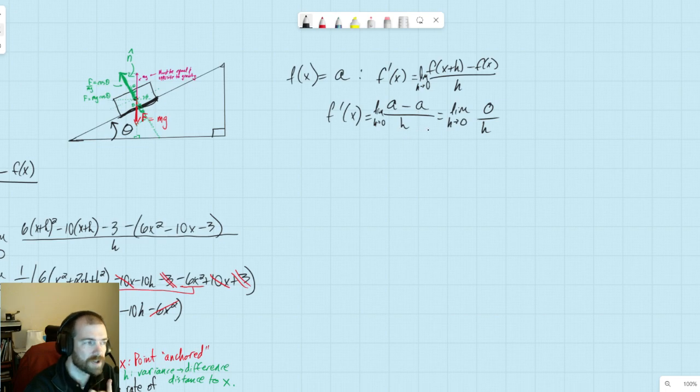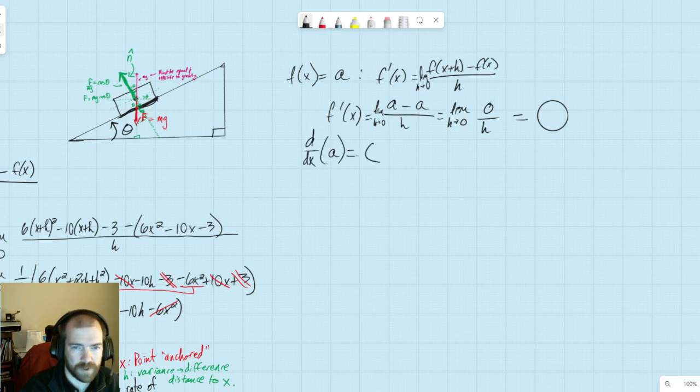So as long as h is not 0 itself, which was a problem from the beginning anyway, right? We want to know what is the limit value. What are the values that are really close to h equals 0? So again, h equals 0.1, 0.01, 0.0000001. They're all 0. So no matter what we do, we're just going to get 0. Therefore, the derivative of a function like this, d dx of a constant, is equal to 0, which is equal to f prime at x.